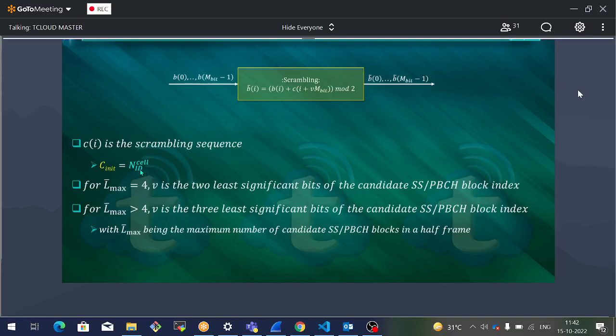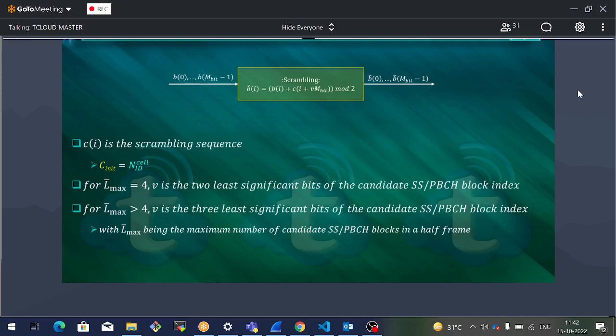From that, you get the first 31 values, compute c. Once the scrambling sequence is available, you take v and M bit. v is either the 2 least significant bits of the block index number or the 3 least significant bits of the block index number that you have already computed from